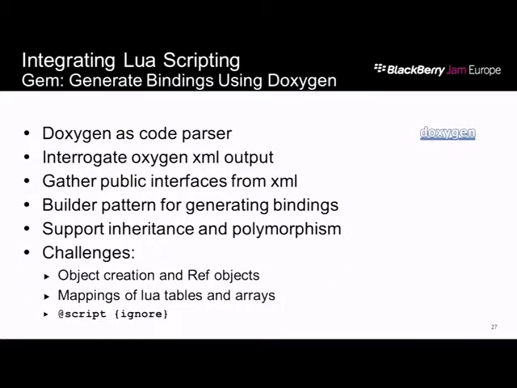We do manage through the GC in the Lua, but if we're also doing ref control inside the Lua script, we added this little thing in the Doxygen tag called script ignore. And what that does is say, don't do the Lua. We tackle the Lua GC separately, and it'll run the Lua GC on a separate time frame. So that's one way that we handle that. And also, Lua tables and arrays are kind of tricky as well.